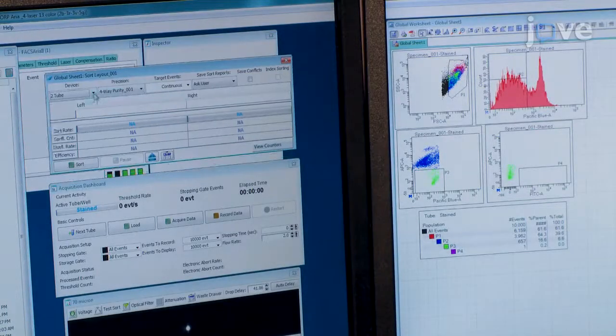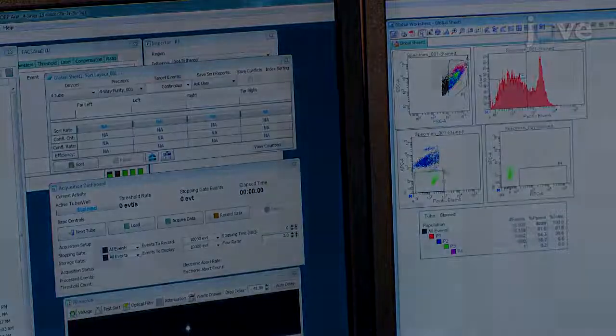To sort live coral cells, after selecting the cell population of interest in the flow cytometer software,